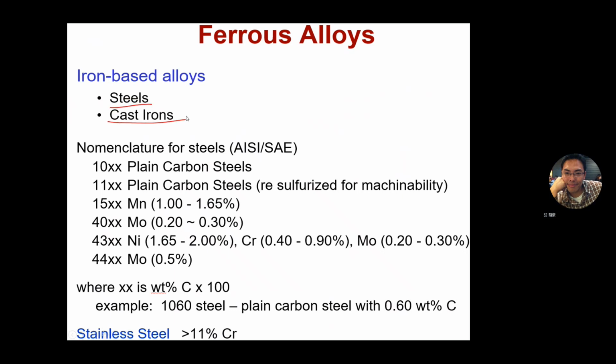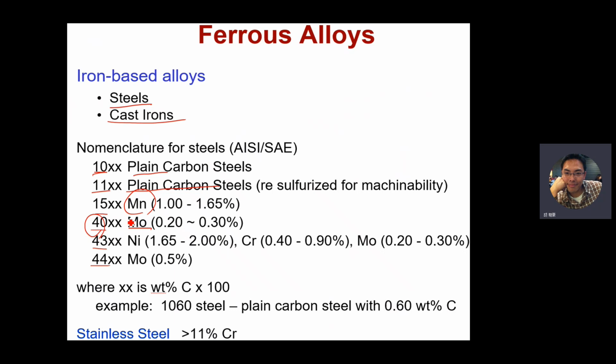For the nomenclature of steels: 10XX, 11XX, 15XX, 40XX, 43XX, 44XX. 10 means plain carbon steel. 11 is plain carbon steel with resulfurizing for machinability. 15 means manganese content as the alloying element. And 40 means molybdenum